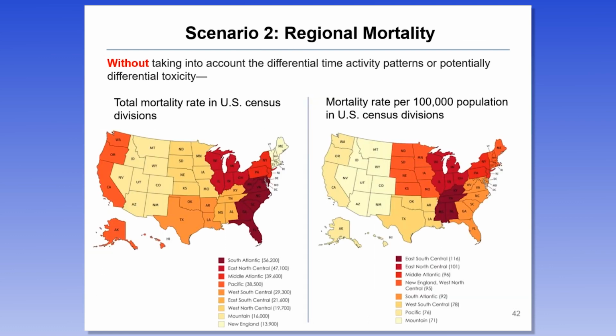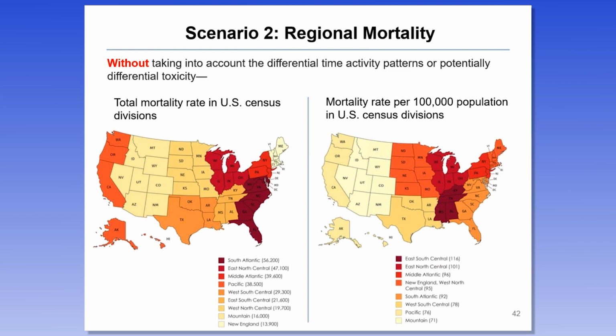In the second scenario, which was basically a regional analysis of mortality rate, we tried to come up with some results on a regional basis. We have to emphasize that the regional mortality analysis had even more limitations than our nationwide estimate, because lots of the parameters that we used in this model were not available on a regional basis. So, for example, in the regional mortality analysis, we didn't consider different time activity patterns or potential differences in toxicities,